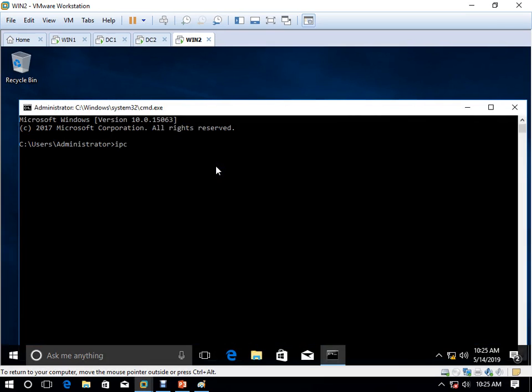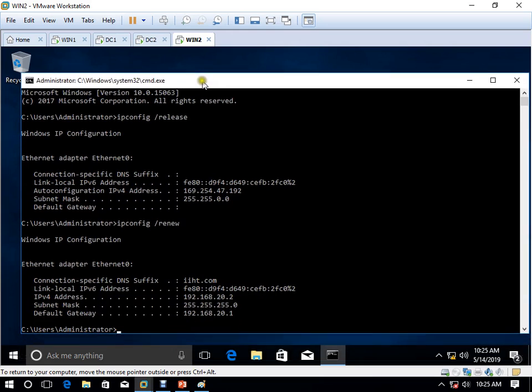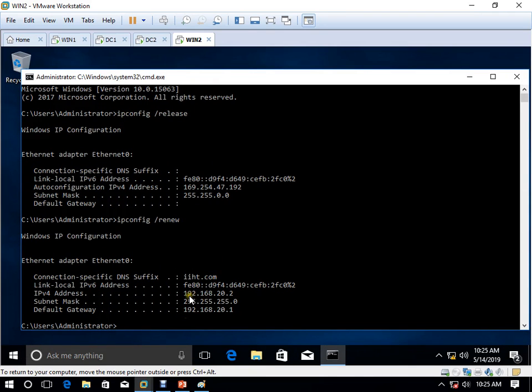Type ipconfig /release and then /renew. Now see, they have received an IP address from ist.com, but see the IP they are receiving.